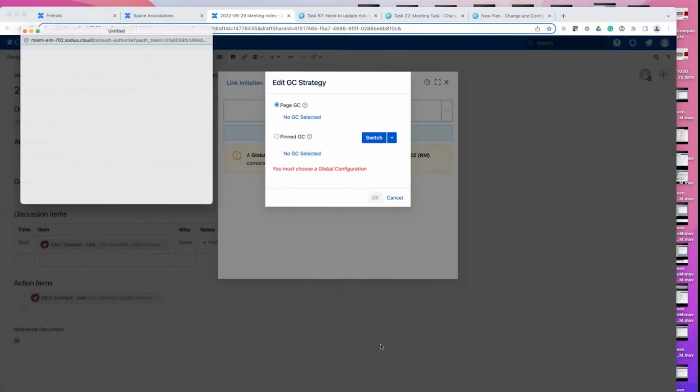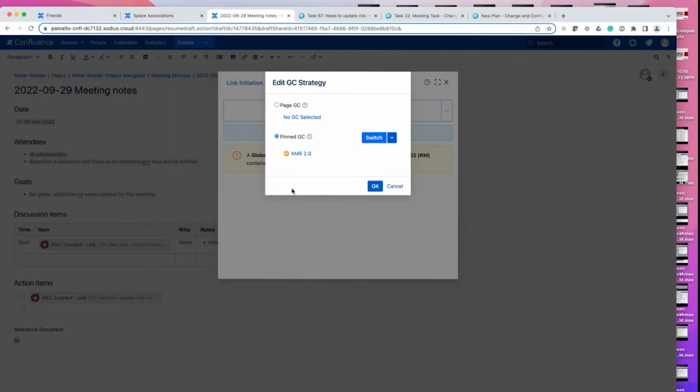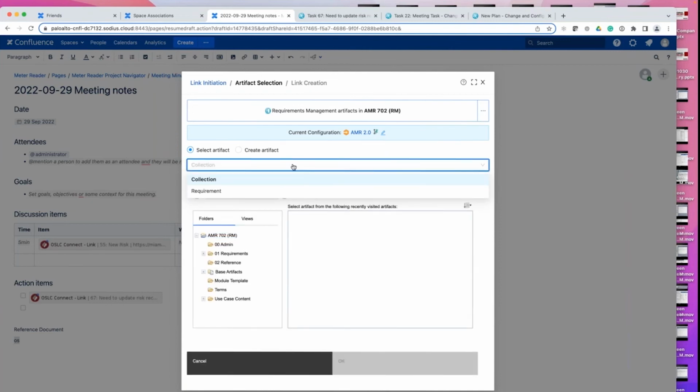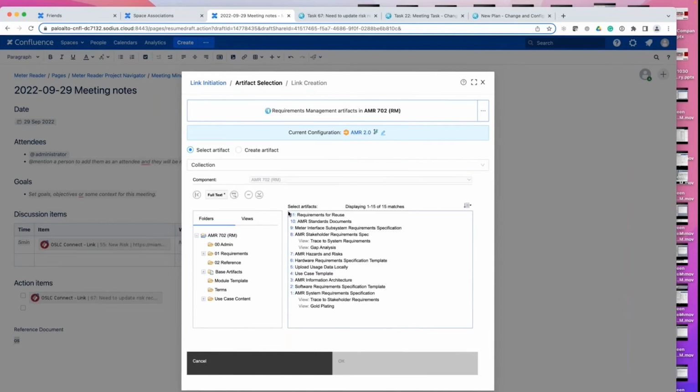Let me pick a configuration for me to leverage. Actually, let's just pin a GC. We're going to use a specific version for this artifact, and we can say that I want to select within that version either a collection, which is a module, or a requirement itself. I'm going to look for a specific module and search for that. And I'm going to bring in our subsystem requirement specification, and I can link that in